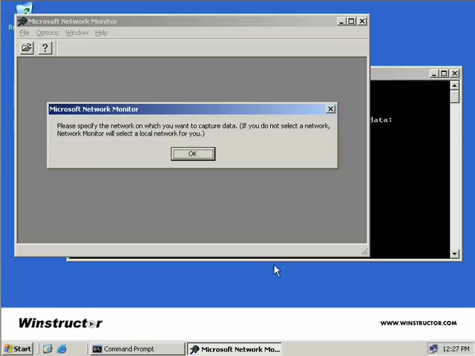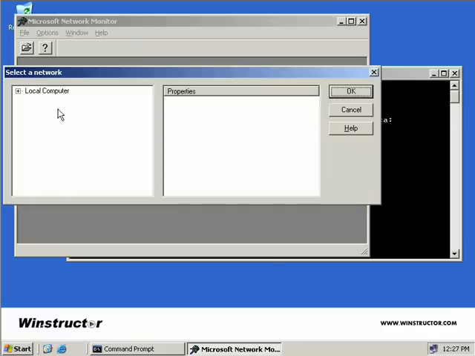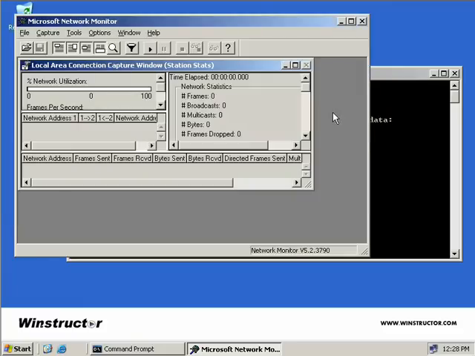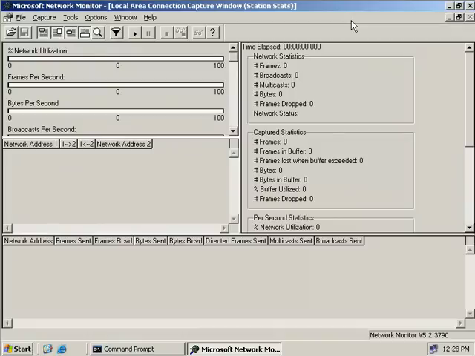Now as this is a new installation, it will ask us what interface we need to capture on. So we'll click OK to dismiss this message, we'll expand our local computer, and we'll select our local area connection. And then we'll click on OK. Okay, I'll just expand this window here. And now we'll go and start a packet capture by clicking on the Start button, which looks a little like